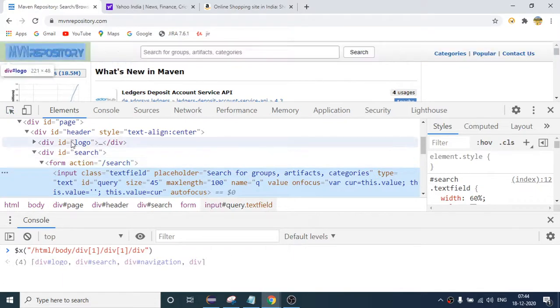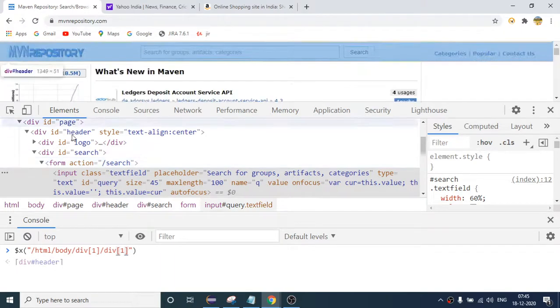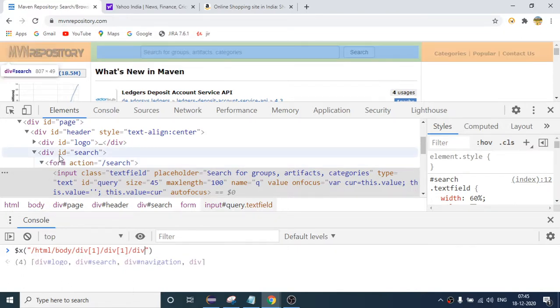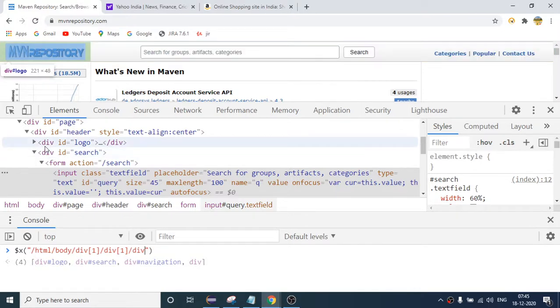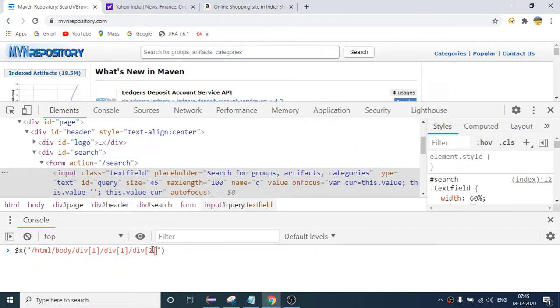Okay, so here, if I again, okay, as of now I am here. So once I say slash div, it is giving me 4 elements, but I think I want to go to only the second one, right? This time, I think, yeah. So not this one, I have to go to the second one, because this element is present inside the second tag. So I will say div of 2. So you can say we reached this point, div of search.